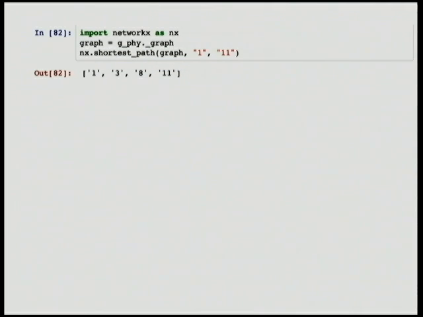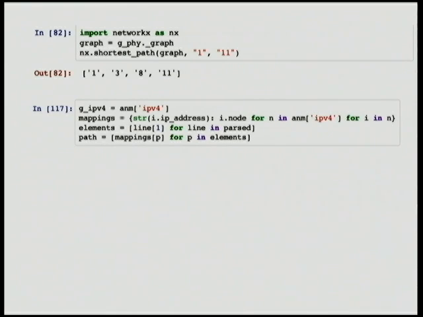So if we go right back to NetworkX, as well as letting us deal with graphs, it's got a really powerful set of algorithms built into it, such as the classic Dijkstra shortest path. So we could give NetworkX two nodes in our network, run it across with the standard shortest path, and it will tell us the shortest path. And we could then take the output from TextFSM if we ran traceroute, and because we know the IP addresses that we've allocated in the network, we could easily build a reverse DNS kind of mapping to take this output back